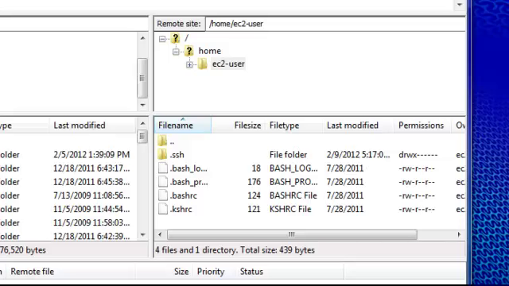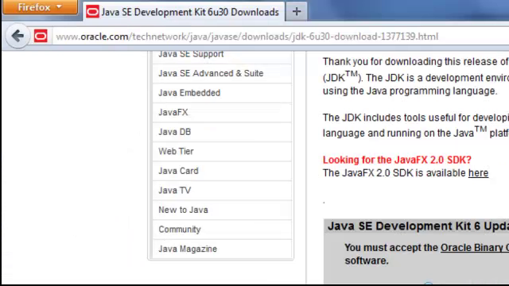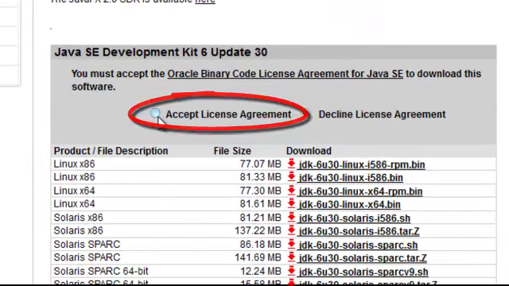And if we're looking in FileZilla, we should be at our home EC2 user folder. That is the default folder when you log in with FileZilla. And what we're going to do is navigate to the Java website. Now, this is the Oracle website with Sun's version of Java. And we're looking at